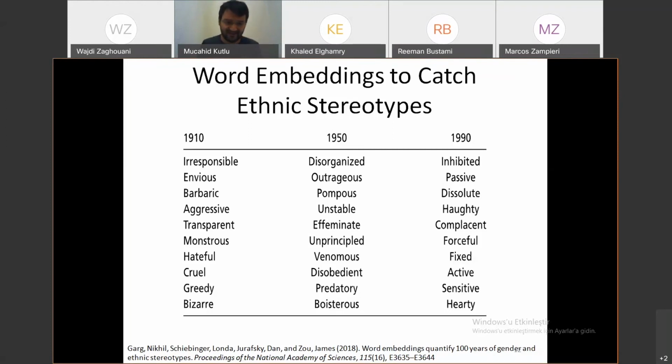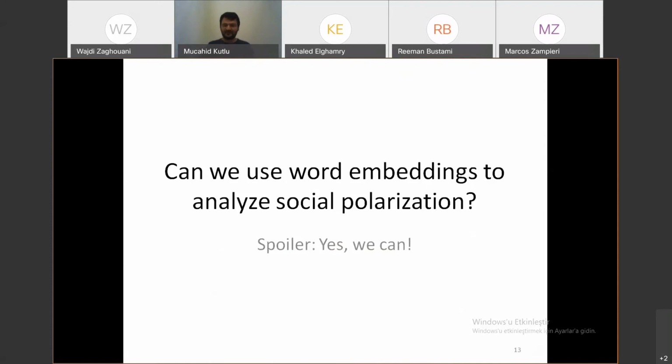So what they see is that, for example, in the 1920s, you see many offensive or bad adjectives for the Chinese names. But as you move forward in time, in the 1990s, at least, there are still some bad adjectives, but you also see some positive ones like active, sensitive, hardy, and so on. So we thought, can we apply this idea to analyze social polarization? So what we want to do is basically,